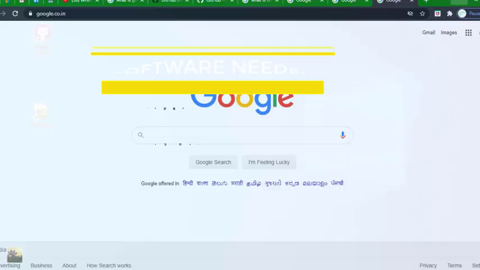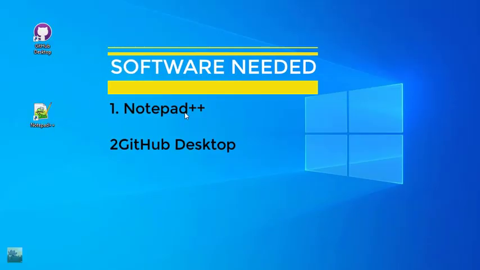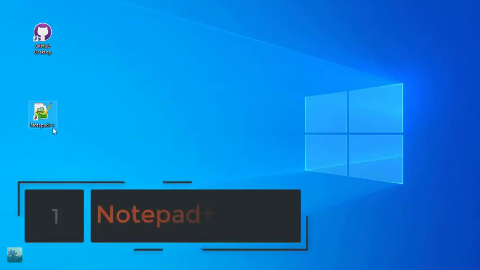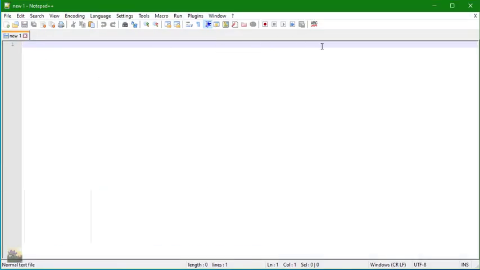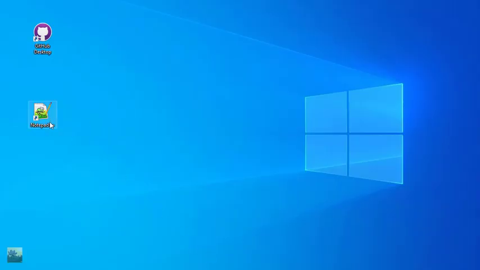That's our task. To accomplish it, we need Notepad++. This is a code editor software. It is used to edit code in a very efficient manner. See, its appearance will be like this. It is very, very useful. One of the best things about Notepad++ is that it is a source code level code editor.